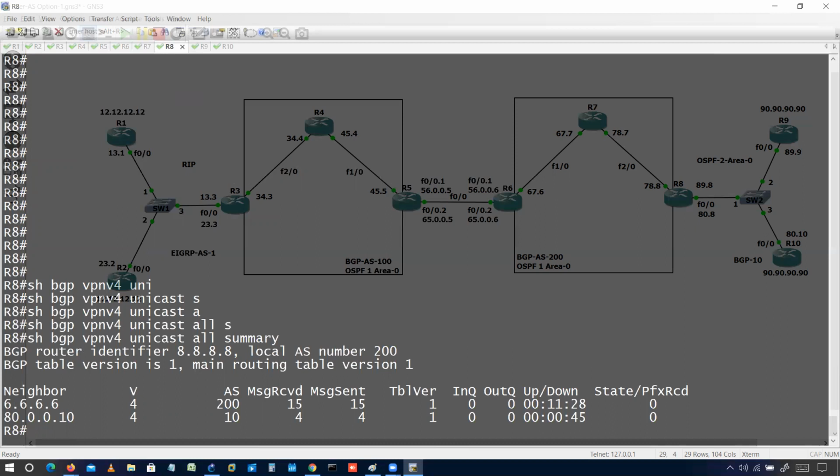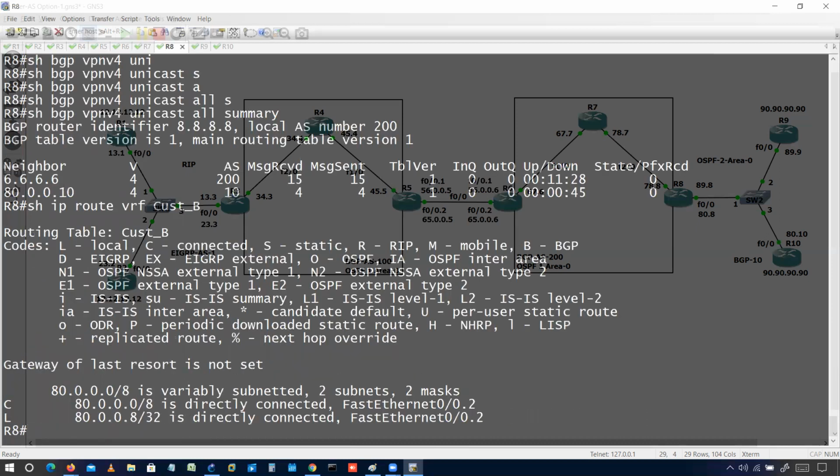One more thing here, show IP route VRF customer B. So right now I cannot see any route, because earlier, when I was doing the configuration for RIP, EIGRP, and OSPF, once we use a network command, they will try to form a neighborship and they will also inject a route, right?